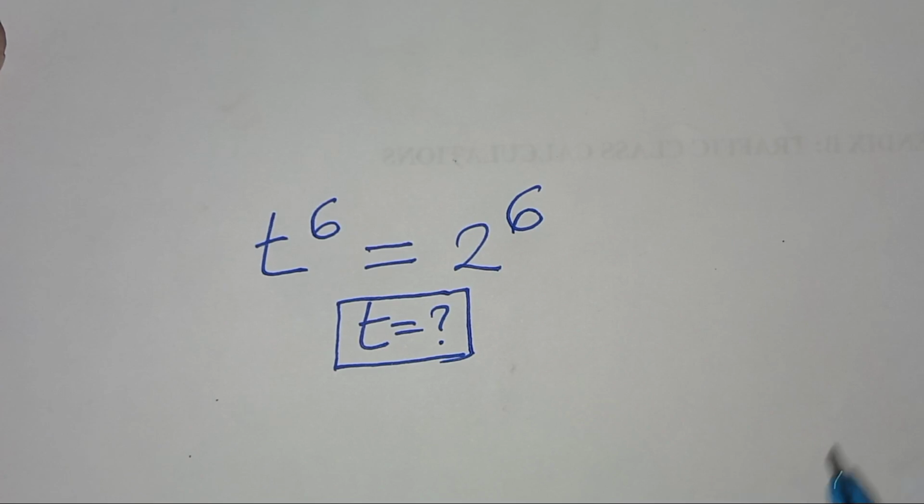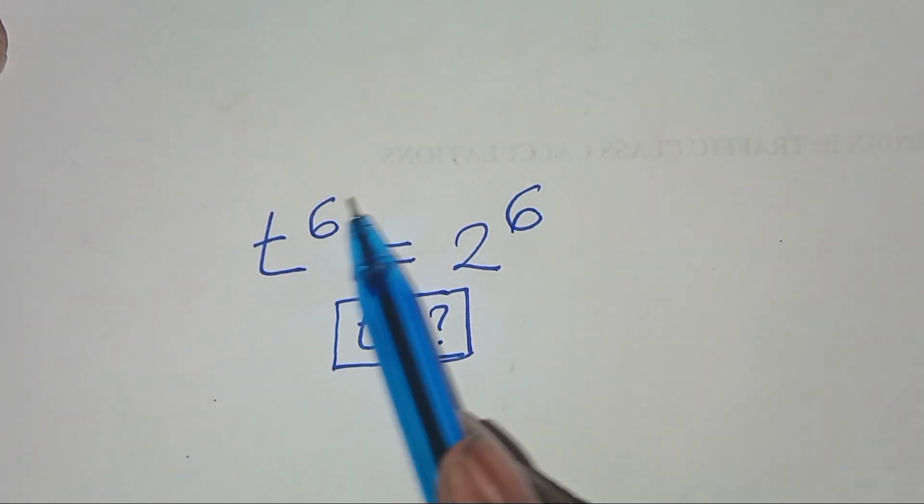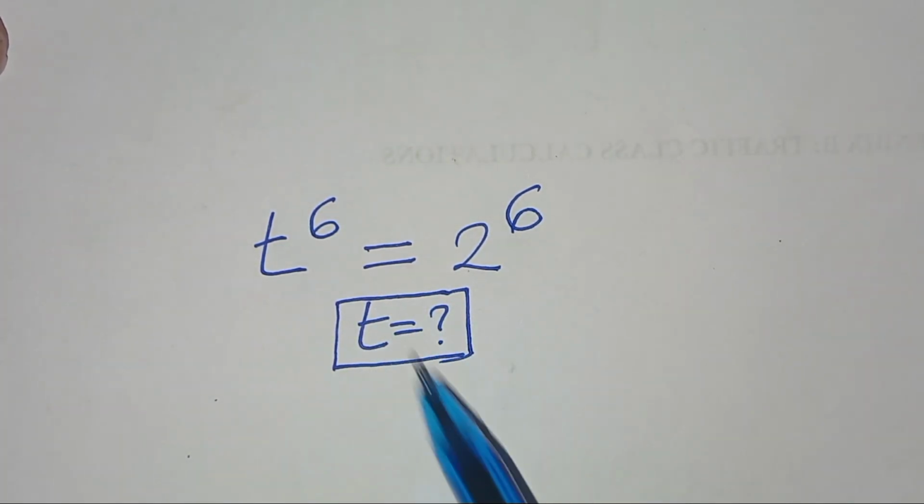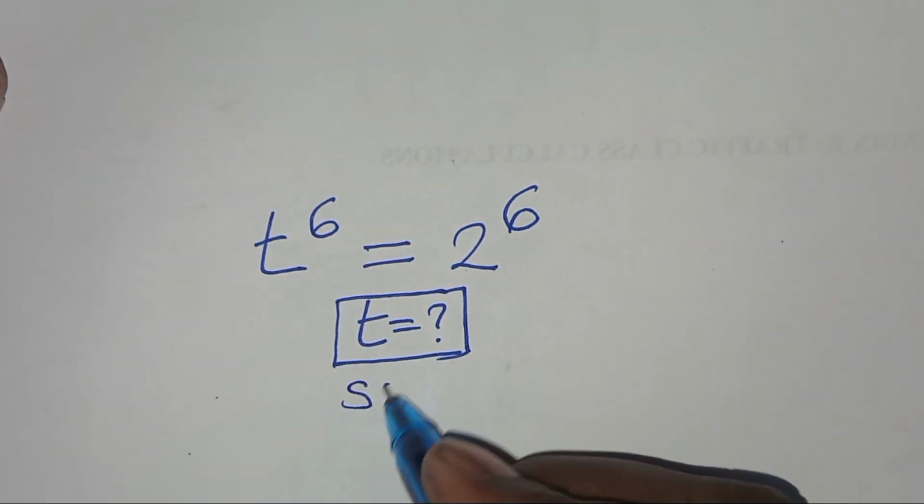Hello everyone, you're welcome to solve this nice exponential equation, which is t to the power 6 equal to 2 to the power 6. So what is the value of t? Solution from here,